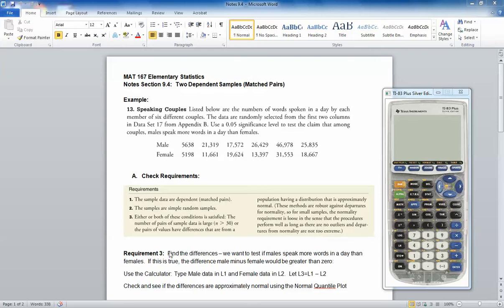So when we take a look at our requirement 3, the test that we're actually going to run with the male and female data is, we're not going to run male independently from female. We're actually going to subtract the 2 values and then run a test on a single set of data, and that single set of data is going to be the difference between the 2. Okay, so